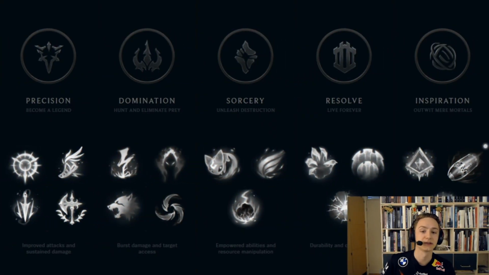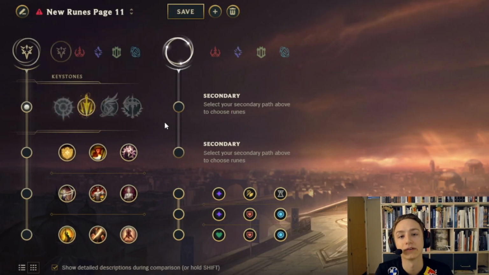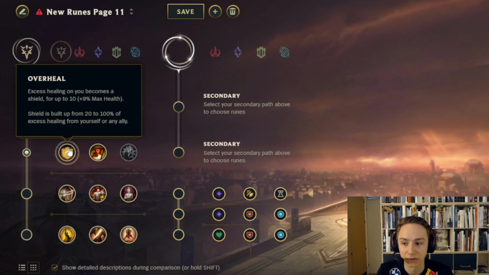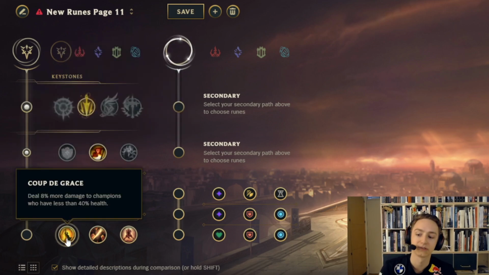So, like I said, Bel'Veth's abilities scale off attack speed, so therefore you of course want to try to get as much attack speed as you can from your runes. Therefore I recommend going Precision and taking Lethal Tempo, as this will grant you a lot of stacking attack speed. Underneath you will go Triumph, since you don't need overheal and you don't need any mana because you don't have mana. You want to take more attack speed, and then here you can choose if you want to be